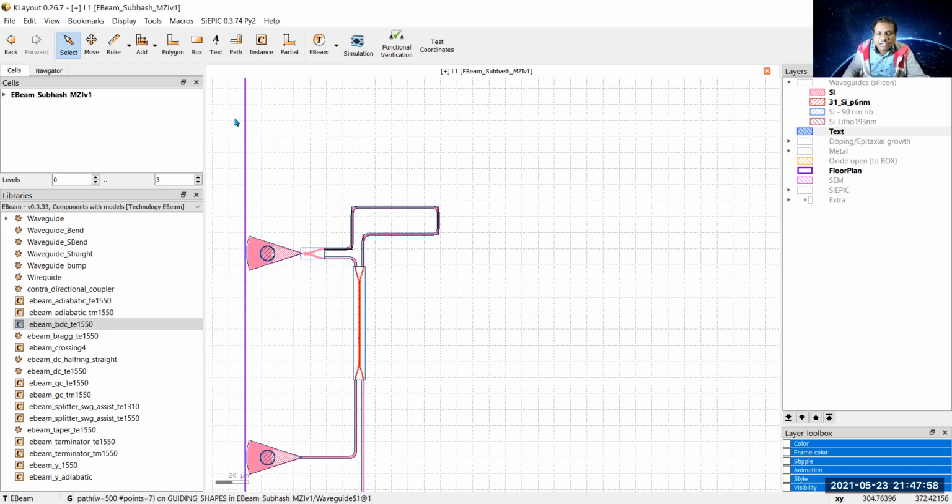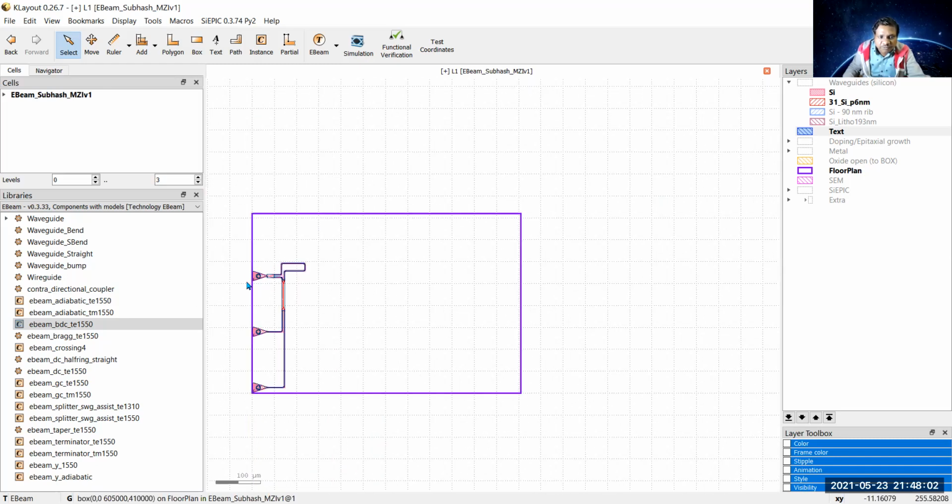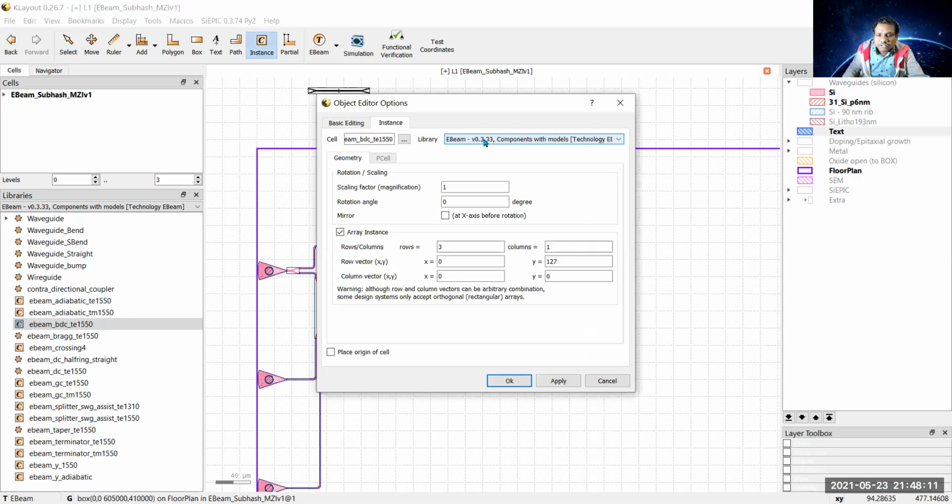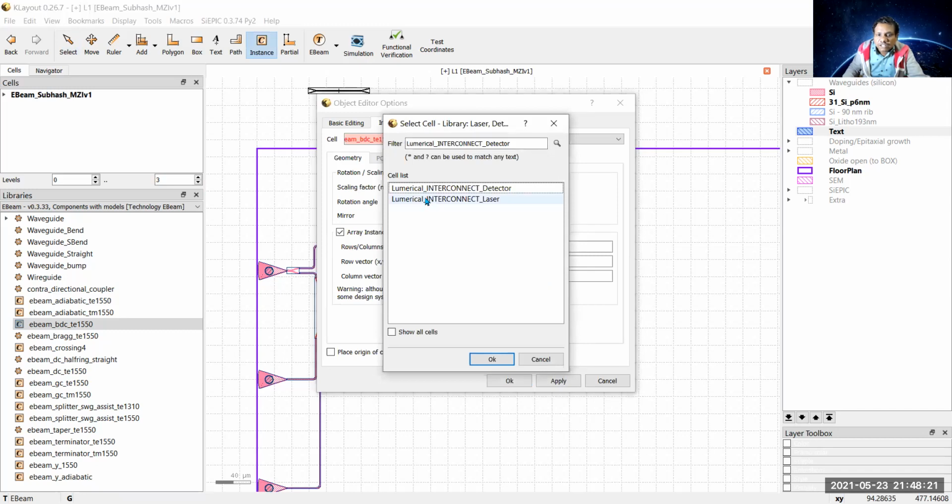This is done. After that, the next task is to put the laser position, where the laser and detector are. For that purpose, go to instance, select the library SiEPIC General, Laser Detector. Once the library is selected, go to cell, those three dots, click on it. After that, select the laser, numerical interconnect laser for simulation purposes.